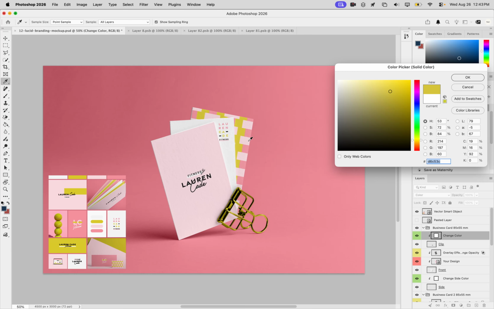So like I just grabbed that yellow because I think we could use a little bit more of that yellow in the mock-up, but this is looking too yellow to me. Like a clip would never be that color. So I'll normally try to adjust it manually in my color picker to something that would be a little bit more authentic. So if I just dim that down a little bit, now it's starting to look like a gold paper clip,